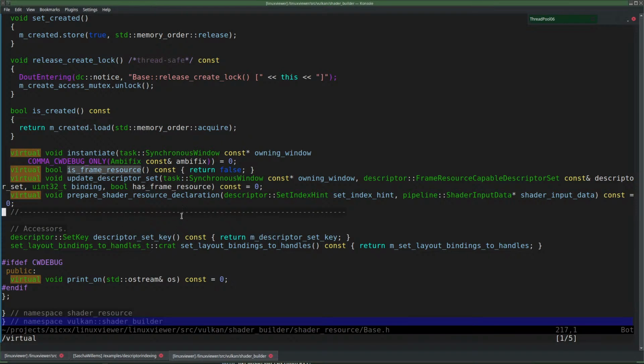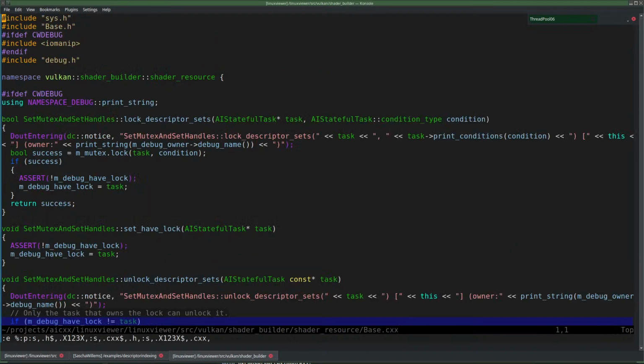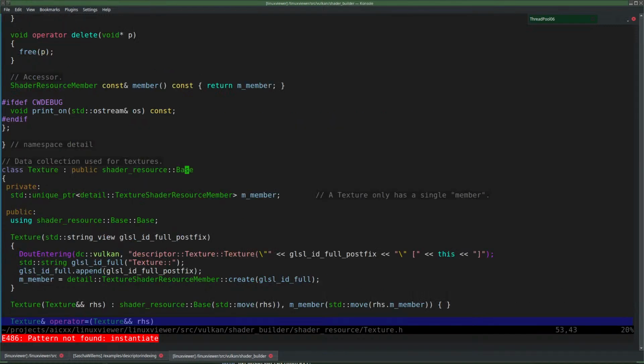This frame resource could be implemented because it just depends on whether or not it is texture or not. I already know that. Instantiate? I don't think so. I think instantiate means literally like create it or something. Instantiate. Oh, that's super interesting. It's not even called. That would be nice if it was not called, of course, but